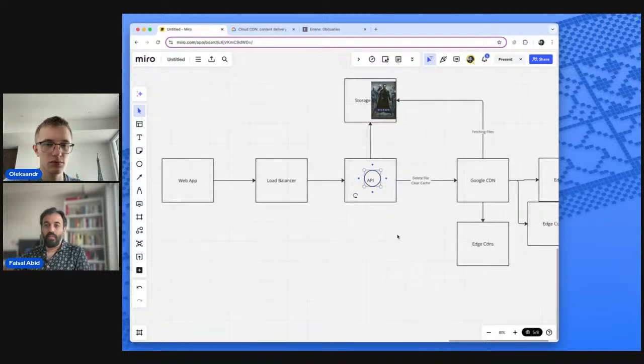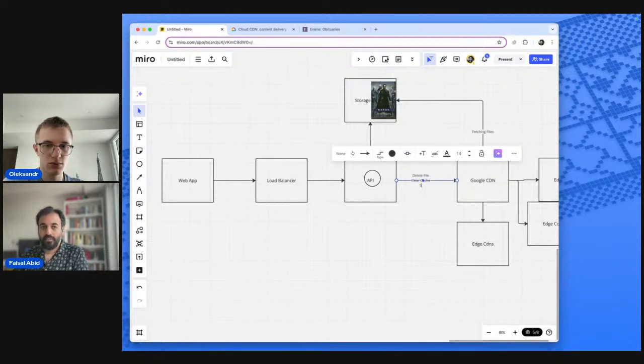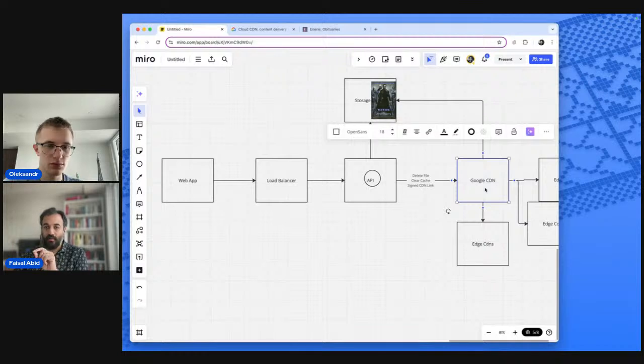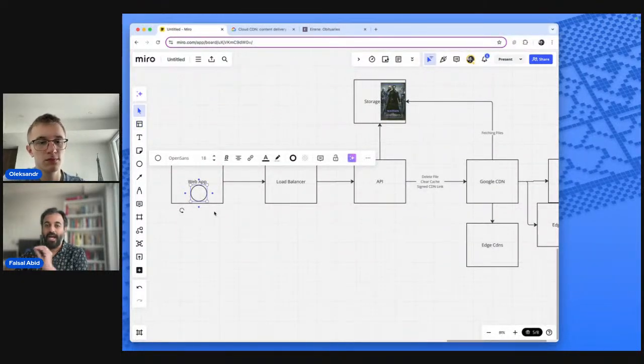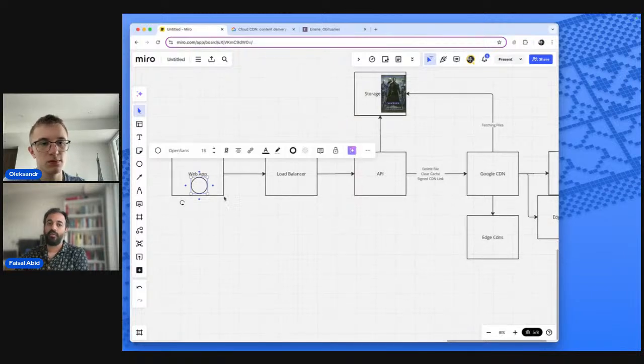This is what the API does. The API will create a signed CDN link. The API is just going to get a signed CDN link verifying that this movie, which is on the CDN, or it will be very soon, let's assume, I'm going to grab a URL to it, and I'm going to send it back to the user. So it goes all the way back to the web app. And now the web app has a signed link to access the CDN to watch this movie.